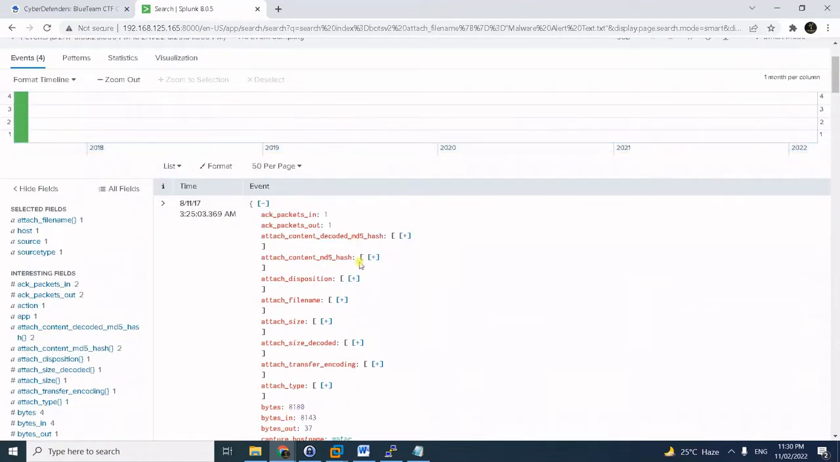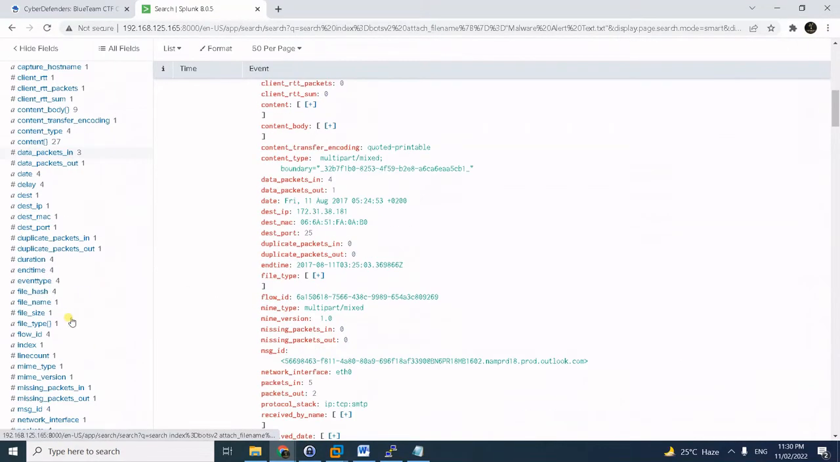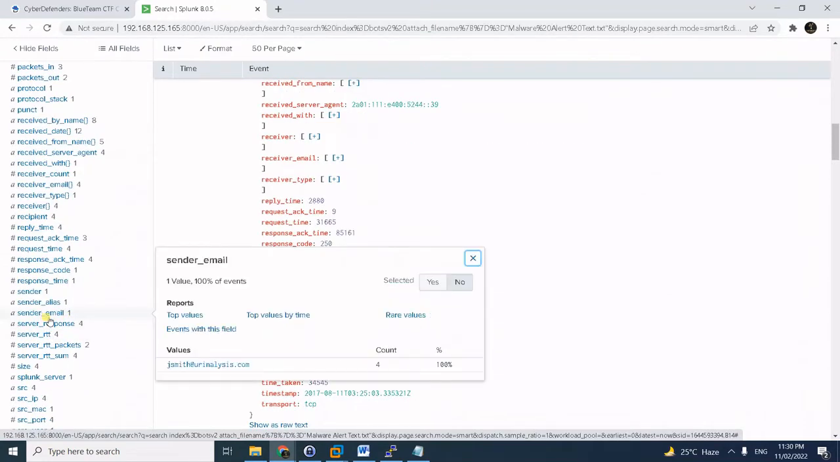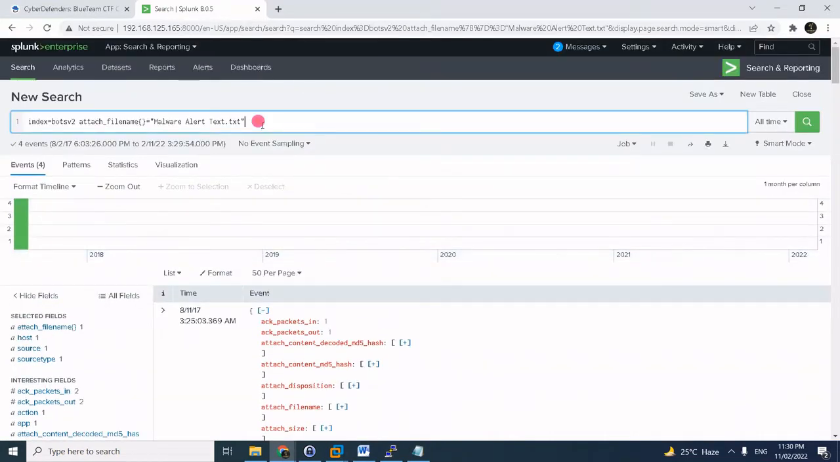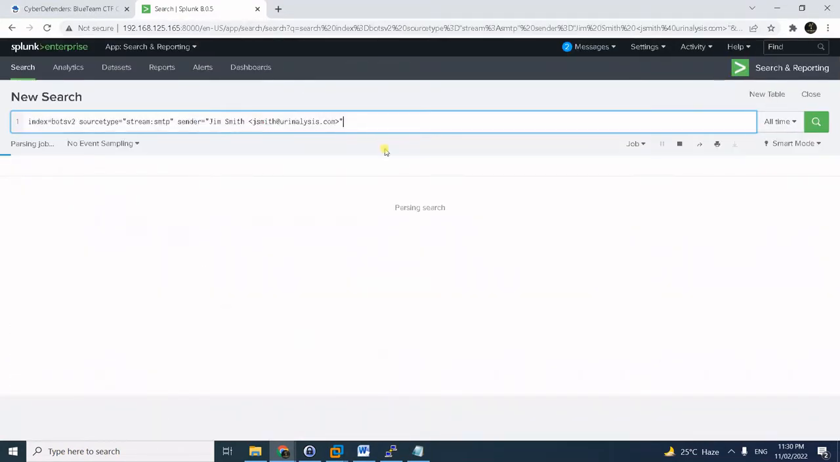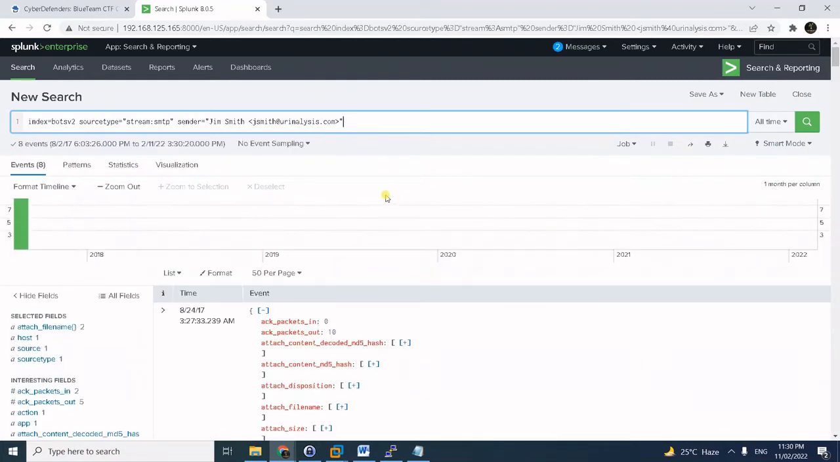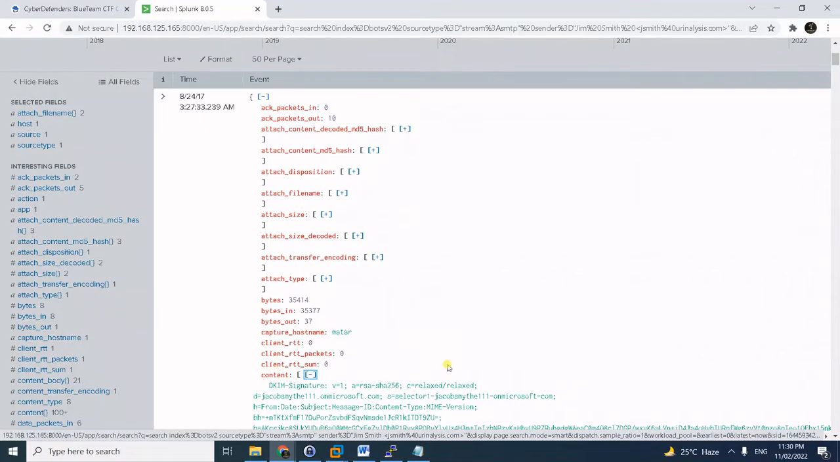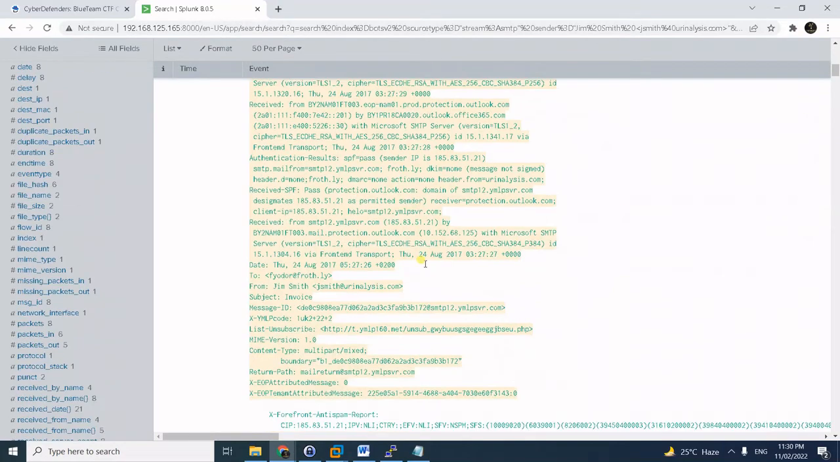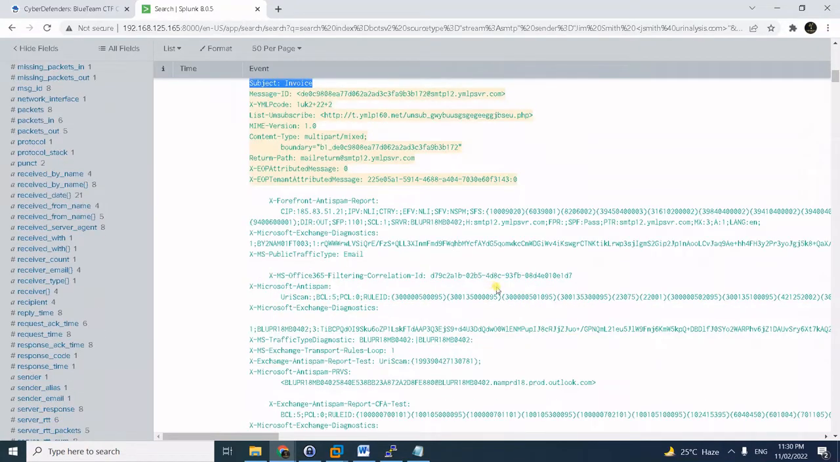And from here, we can search the sender. Who's the malicious sender? It's actually in the field sender email, this one. And then we can now replace our query. Let's add that malicious sender. Okay, so from here, you can actually see the content field. As you can see here, the subject is invoice,